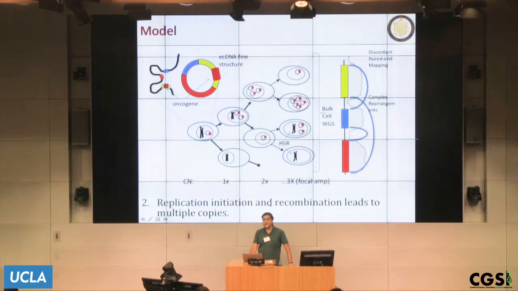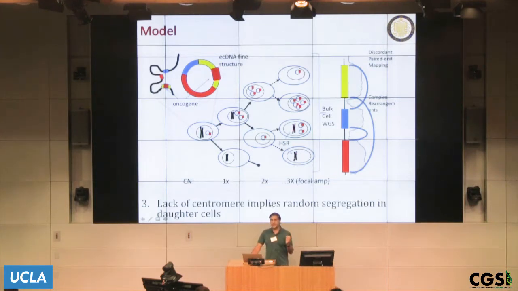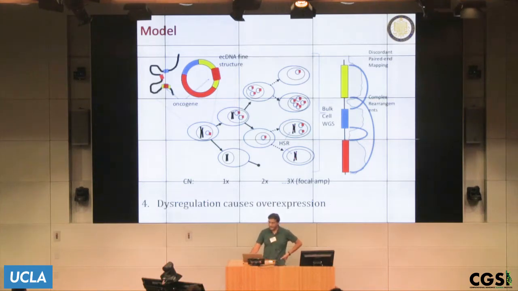Now, when the cell segregates, these are not bound to the centromere. So the centromeres pull the chromosomes so that an equal number land up in daughter cells. ecDNA do not have this restriction, so you could have an ecDNA here which made 2 copies and both copies ended up in a daughter cell. So that's number 3. These are not bound to chromatin in the same way that normal chromosomes are, and so